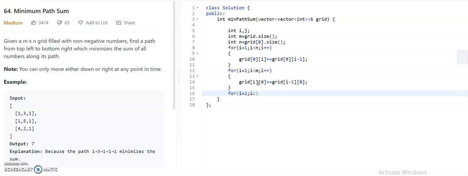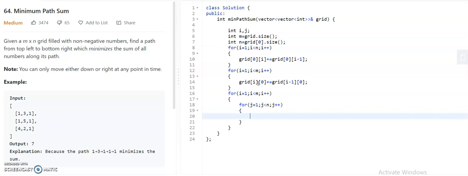As you are taking the outer loop for the rows, you will have to take m, and the inner loop for the columns, so you will take j. As I said, when you have to reach the point i comma j, let me take the plus equal.